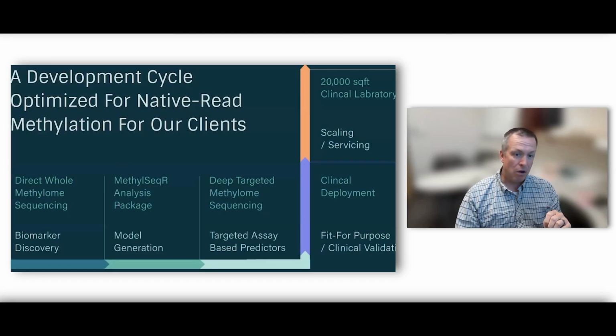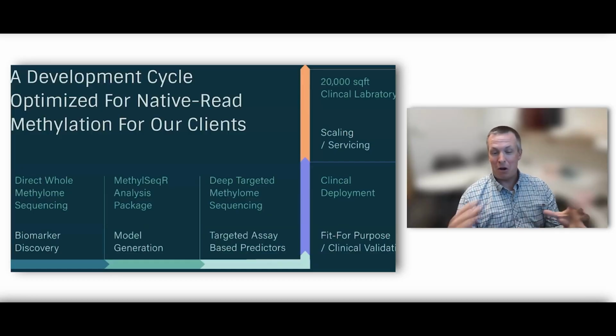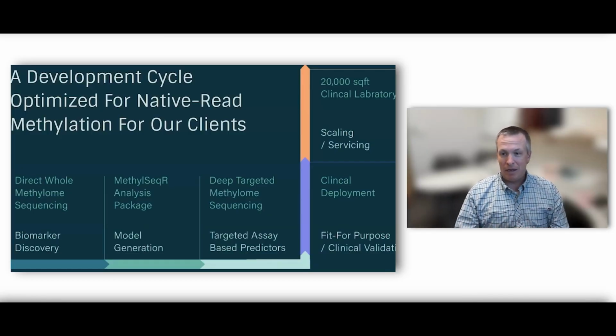We then have built our own analytical pipeline called the Methyl-Seeker package. This enables us to take the large amounts of data that we get from ONT and analyze it in a fast and simple way. We generate our models using this,